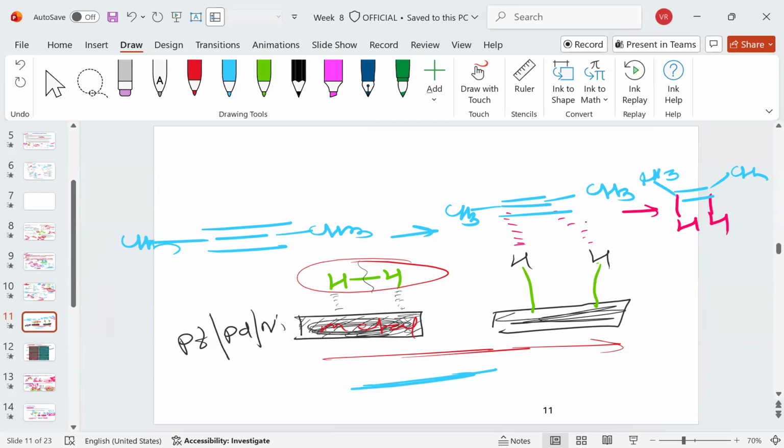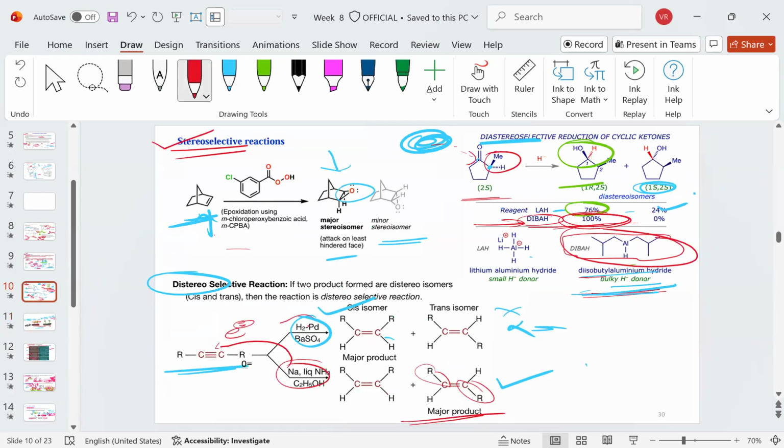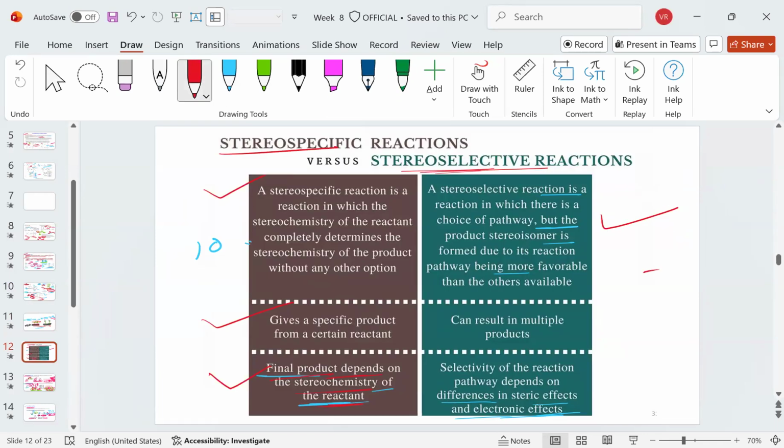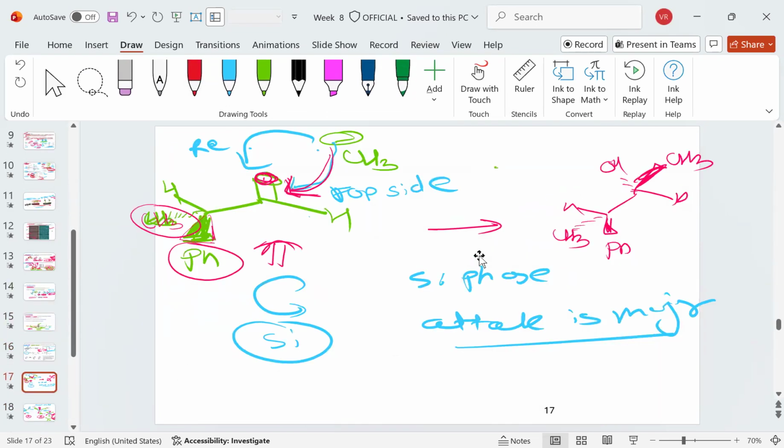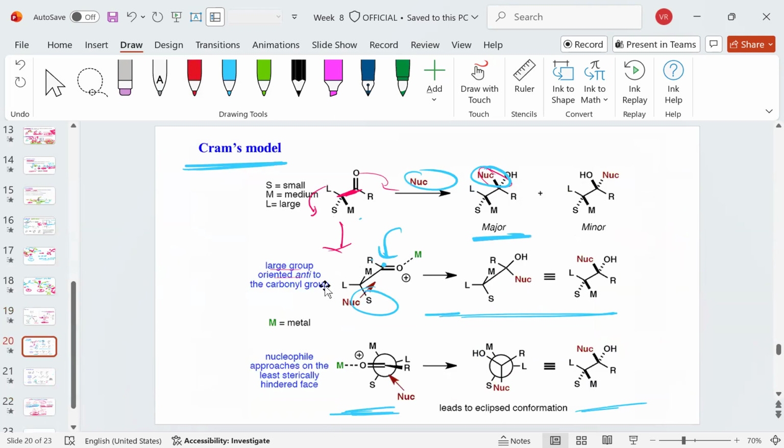There are several factors that the selectivity depends upon. Reagent conditions we can also see. In this case, only the reagent conditions are different, so that can also drive the selectivity in the reaction. So these are the stereoselective reactions and the stereospecific reactions. Now we will see some further advanced part in